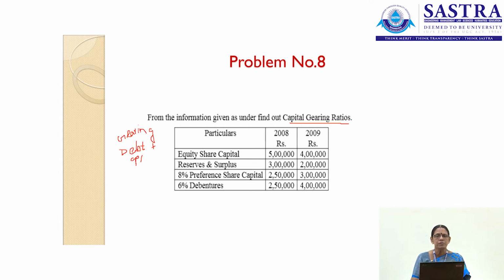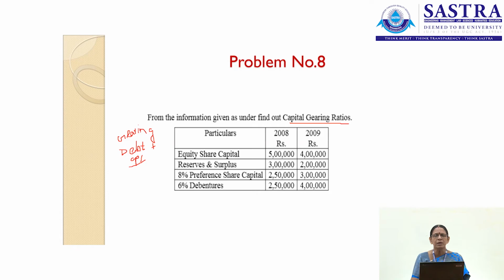After paying off the preference shareholders, the equity shareholders will get all the amount that is remaining in the company. Any profit that is available for the equity shareholders will be taken as a dividend. This is your earning per share. All this earning per share will not be given to the equity shareholders. A part of it will be retained, and that will be retained earnings, and a part will be given to the shareholders. That is the payout ratio. This gearing will result in a higher EPS and a higher value of a firm.